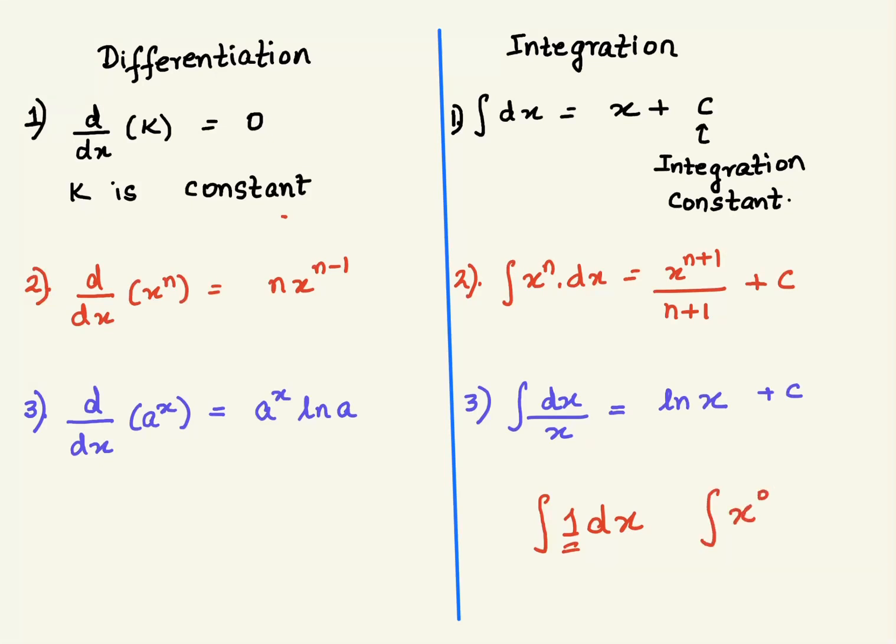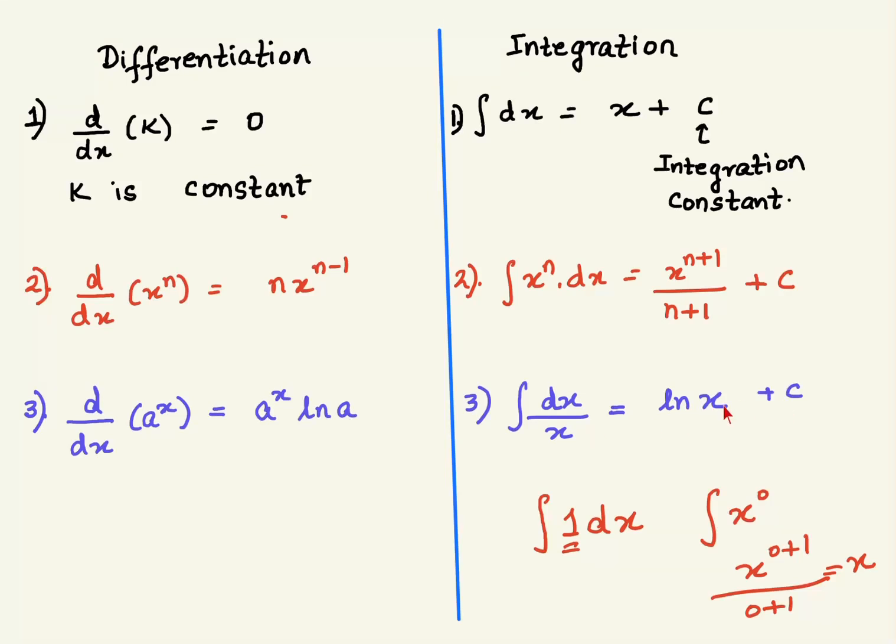Now apply formula number 2 to this expression. So what do you get? Again, yes, of course. So you will have 0 plus 1 divided by 0 plus 1 gives us what? x. And that is how we have got integration of dx is x plus c, where c is again the integration constant. And integration of the reciprocal of x is natural log of x plus c.